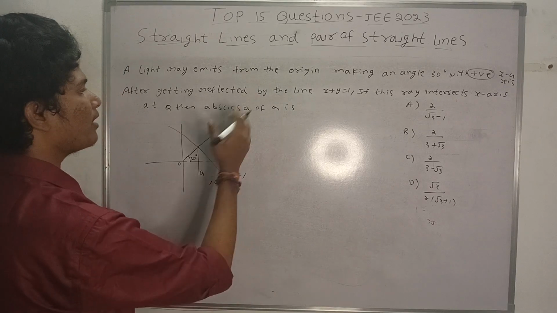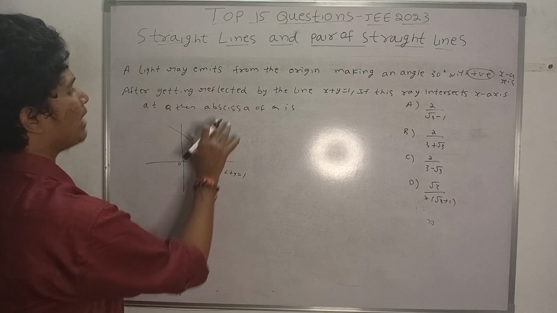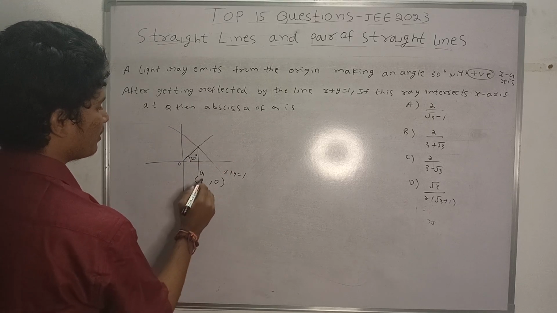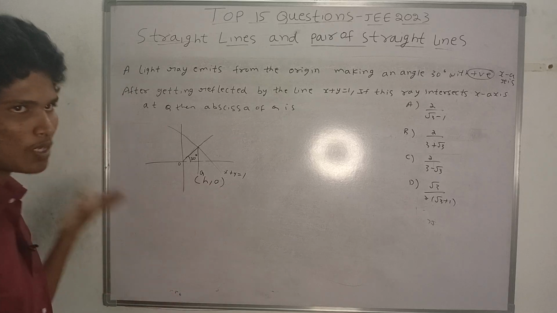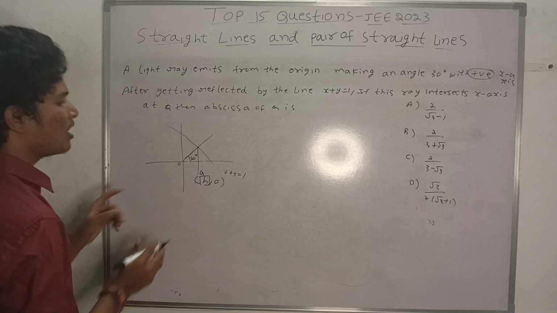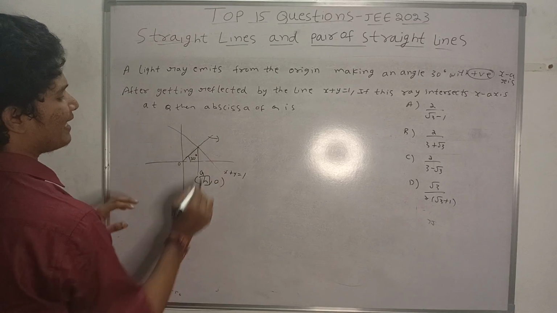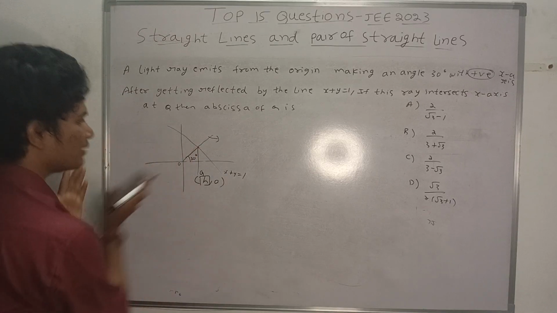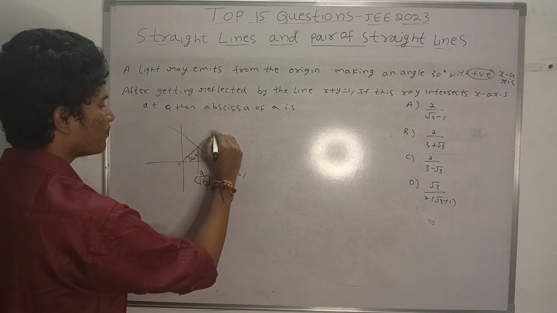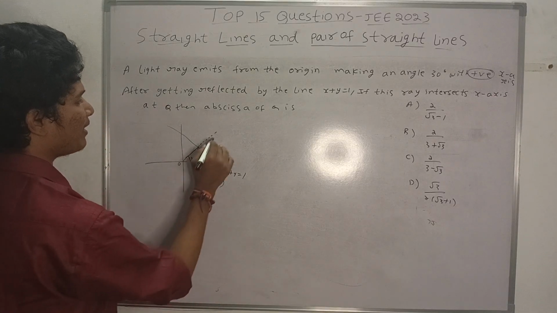So that is the reason why they are asking abscissa. The abscissa is the x coordinate. Suppose the coordinate of Q here is h. Suppose if we assume the coordinate is h, we have to report the h value. But clearly, what is the equation of this line? Basically there is no line here, so we can represent it by dots.